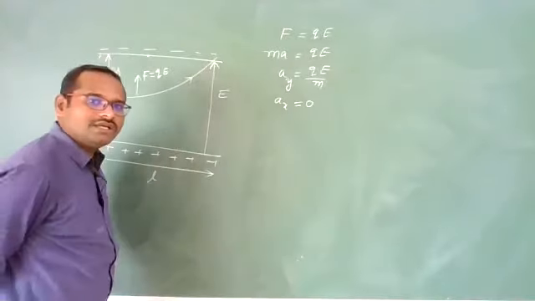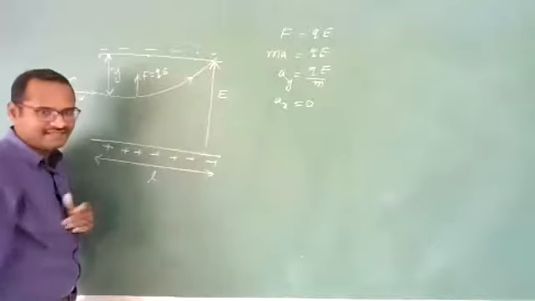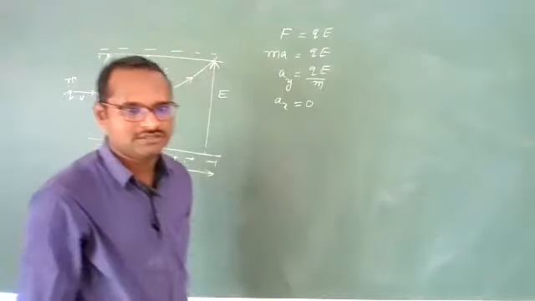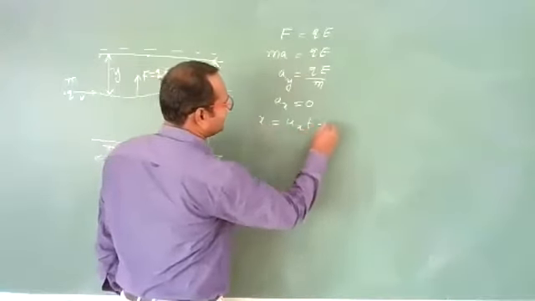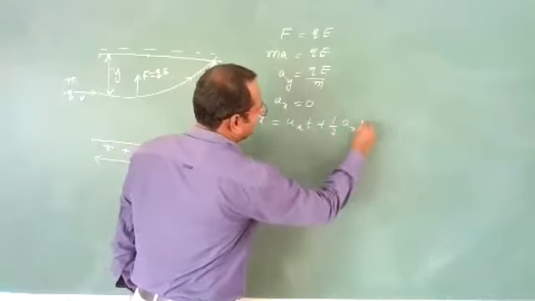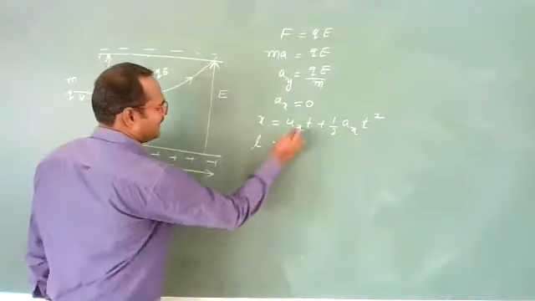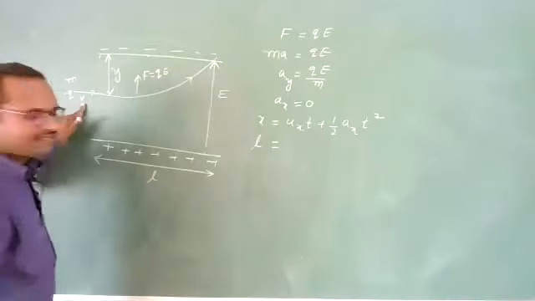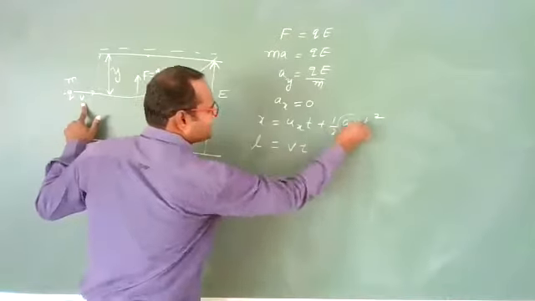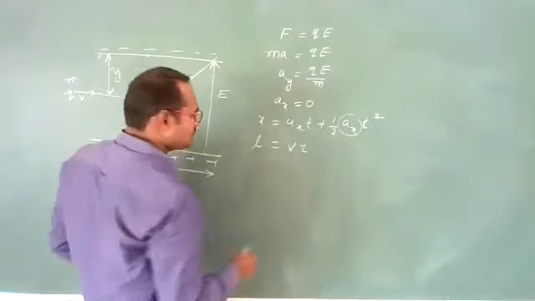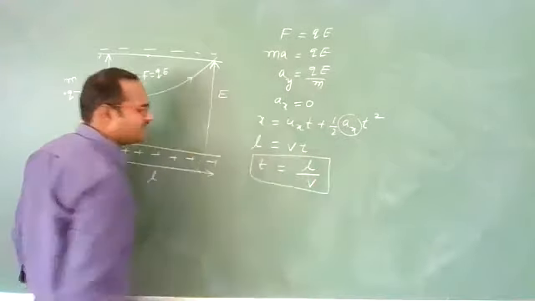Clear? Okay. Let us suppose this charge Q has to cross this electric field of length L. Then in what time it will cross? You know, x is equal to uxt plus half axt square. How much length it has to travel? Let us suppose it is L. And with what horizontal velocity is it traveling? It is V velocity. In what time it will cross? The ax term is 0. So it will cross that electric field in a time of L by V, you can say.